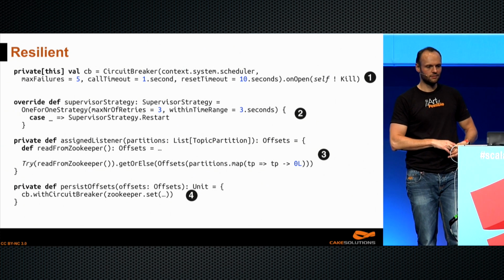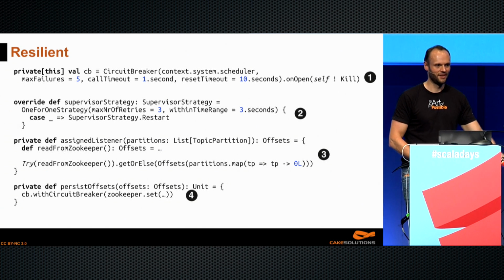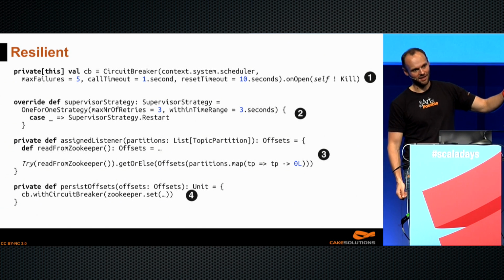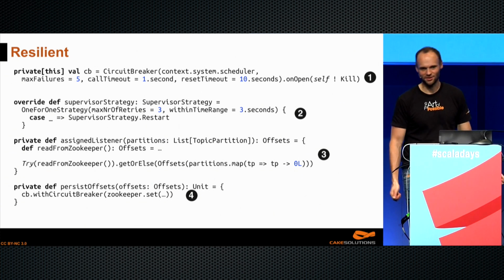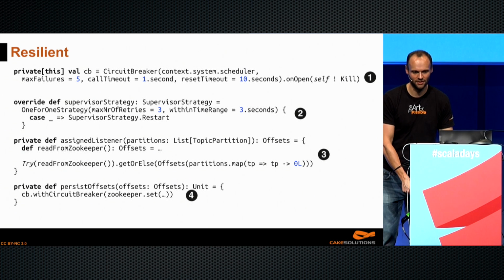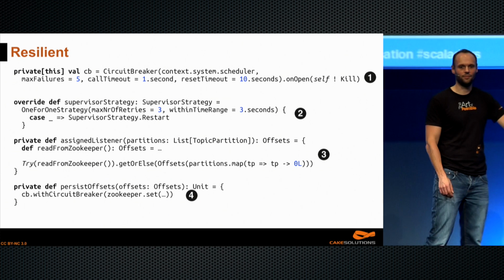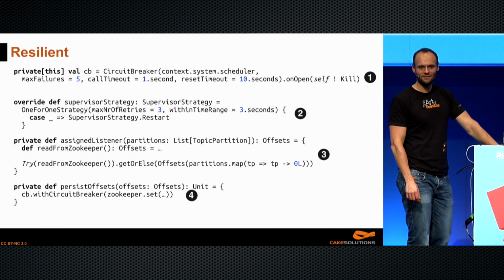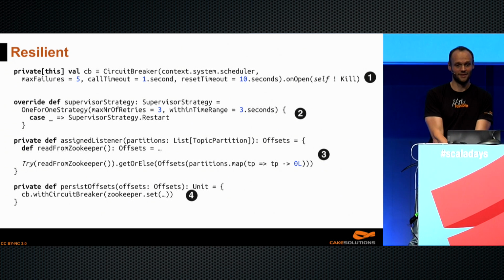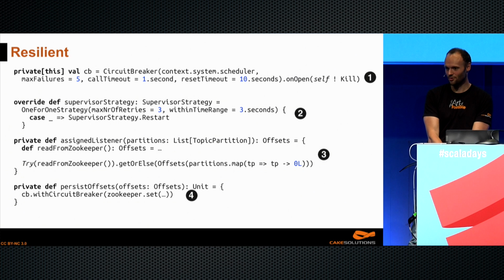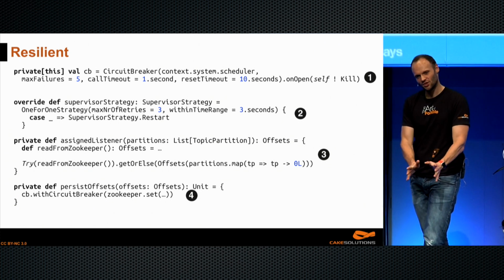Now, suppose we crashed because Zookeeper was unavailable. Now the JVM comes back up, and it tries to read the offsets from Zookeeper. Of course, that fails because Zookeeper is still not available. Well, the option that we have in line 3 is to simply say, let's go back all the way to the beginning of time. It doesn't matter how many messages you have, we're going to start right from the beginning. That's possibly not a good idea, because you would have to replay every message from the beginning of time. So you don't want to do that.